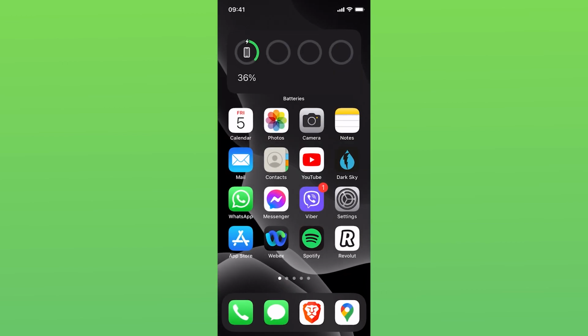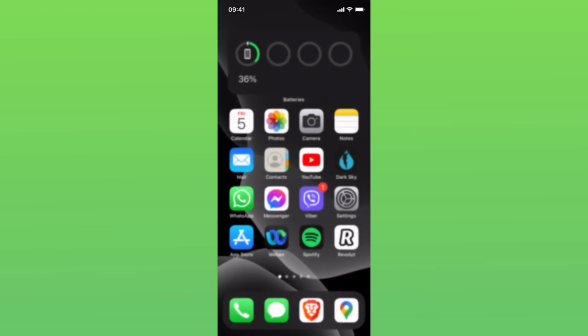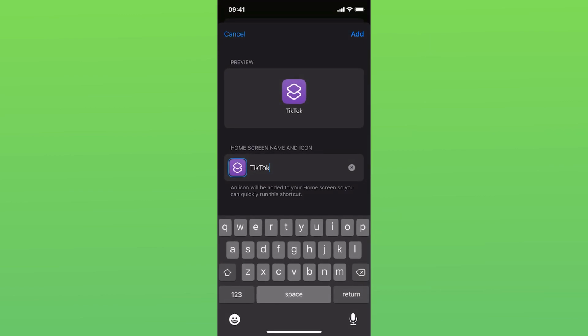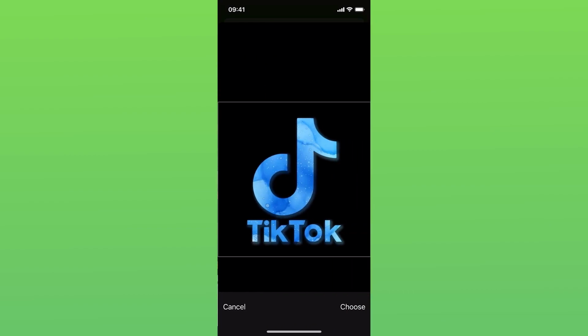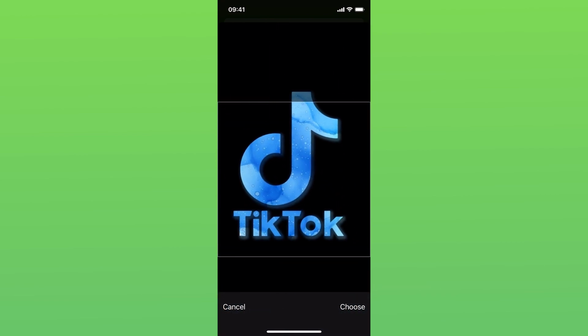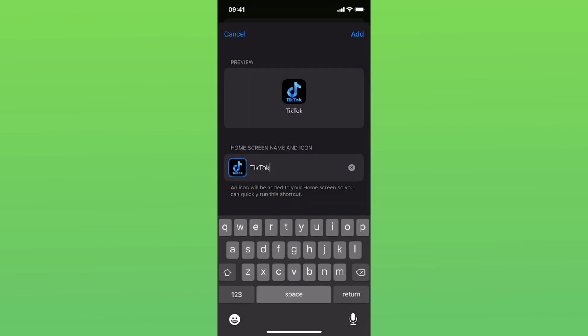So if I open my photos here, the icon is here, and you go back to your shortcut apps and you tap on the icon here and choose photo, and you select the icon you just saved. Now you can zoom in or out depending on your icon. I'm going to leave it as it is, and then I'm going to click on choose. Once I've done that, I'm going to click on add on the top right,